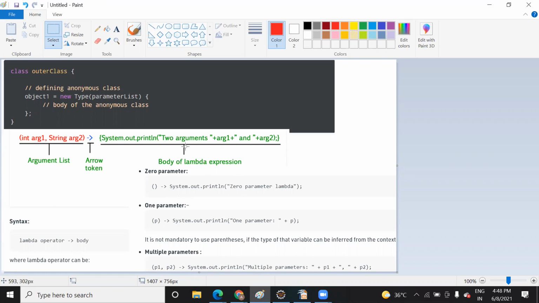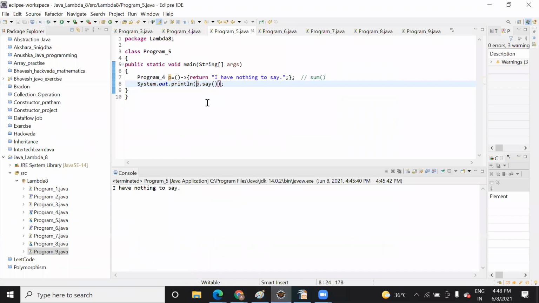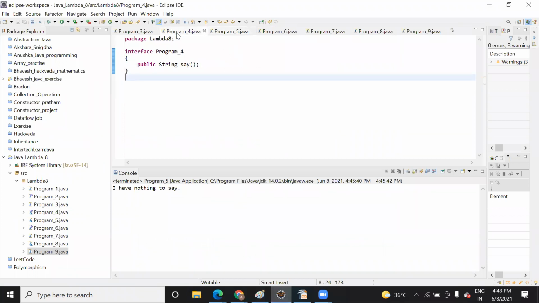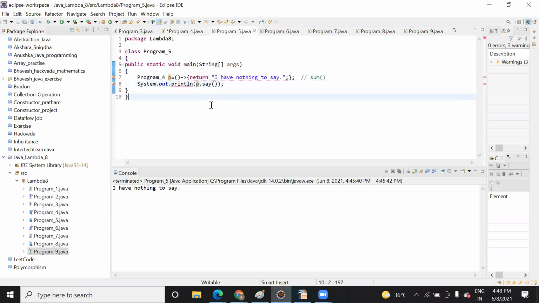Why didn't we use void instead of string? Because we were not passing anything, so we use string if we have to pass any. See, it's giving an error because it is returning the string value, right?